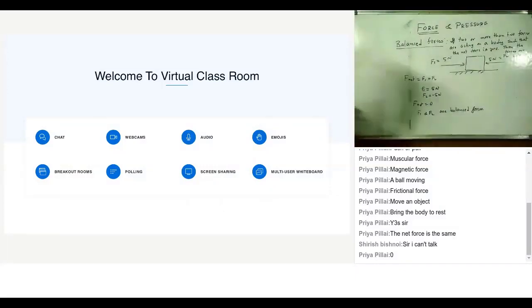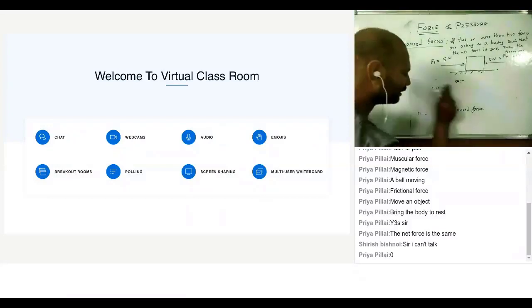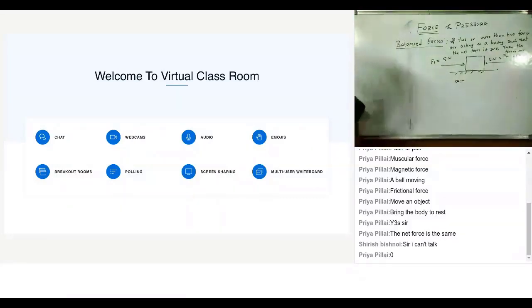Can you give me an example of balanced forces? An object at rest due to friction. Yes, Krishnam. Anything else? A pendulum at rest position. I'll take the ball kept on a table. I have a ball which is kept on a table. Now, which forces are forming the balanced forces here? Sir, gravitational force and resultant force.